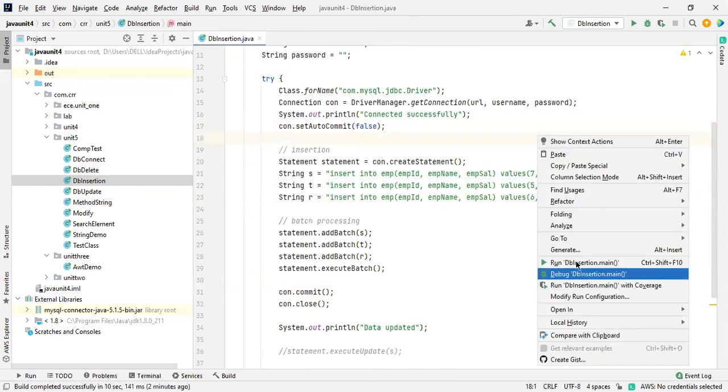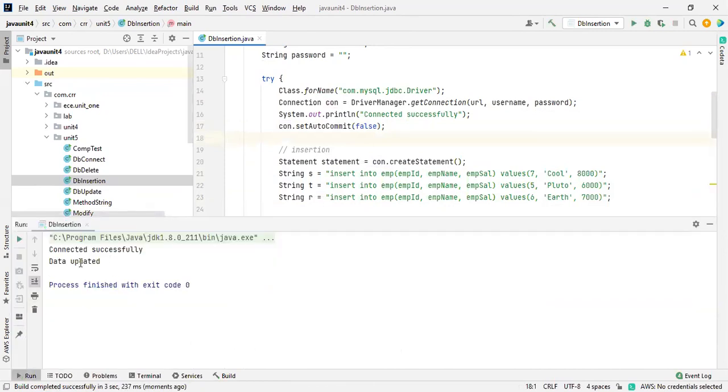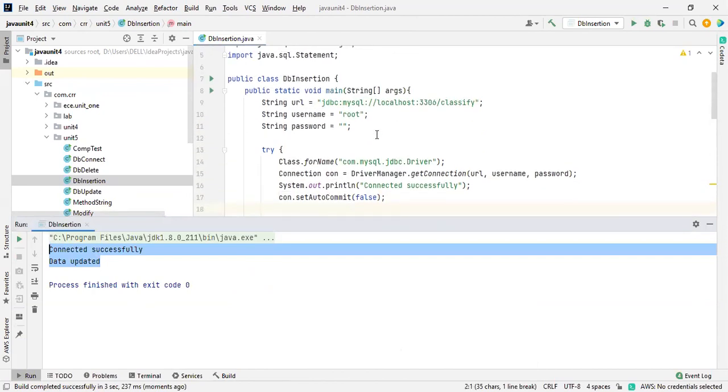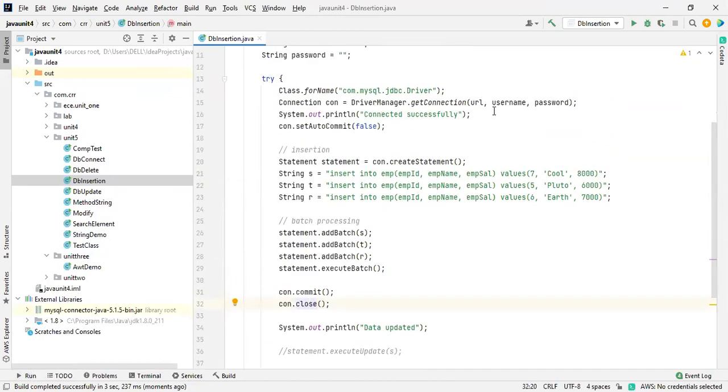So let me run this program again. It should not throw any error. Yeah, now it is done successfully. See this one. Before you use a commit, you have to take a commit and a close for sure. If you make any connection with the database using credentials over here, you have to commit it and then close it. Before the commit, you have to set auto commit to false. Do not take true over here. It should be false. Don't forget this one. These are all the formulas. You have to remember all these things. Okay, now it is successfully inserted.